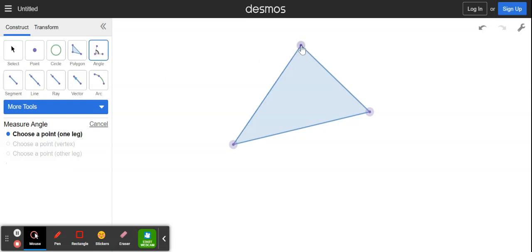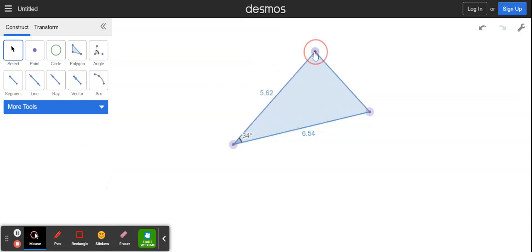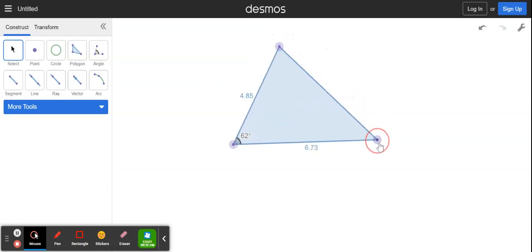One thing I would probably use side angle side to construct it. So I need to measure out my angle that's included, and I'll need to measure out my side lengths. And so if I click on a side, I can actually add a label for length. This is just some arbitrary scale, but you can make that into centimeters or whatever you built on your screen for your presentation. Then you can move these things around to adjust your angles and size until it matches your